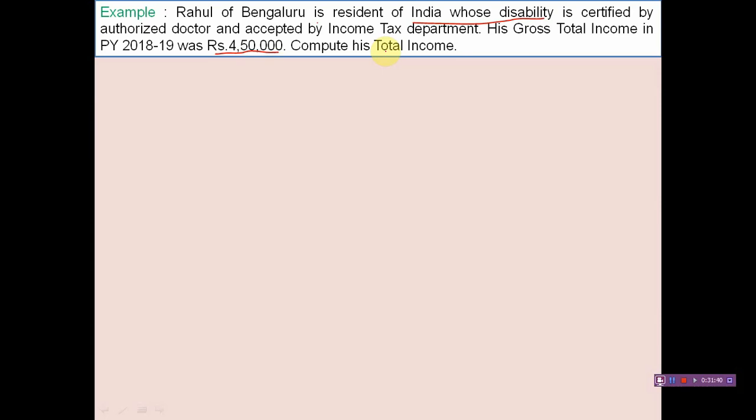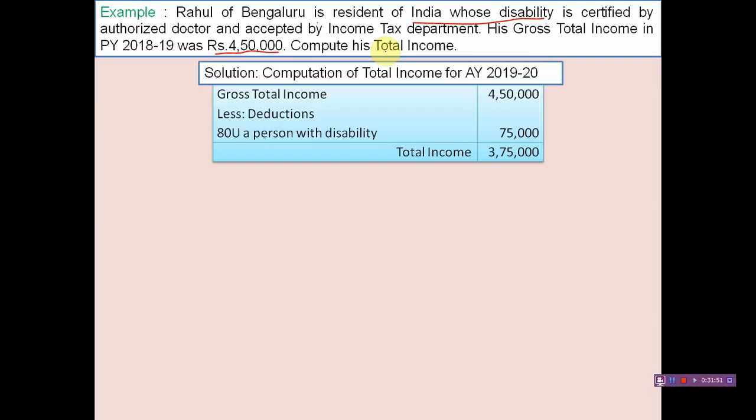In this case, we can assume that it is a normal disability. Normal disability means 40% or more, but less than 80%. So the gross total income is 4,50,000, less deduction under section 80U as a person with a disability 75,000. So total income is